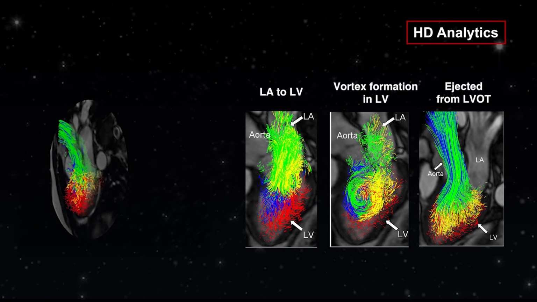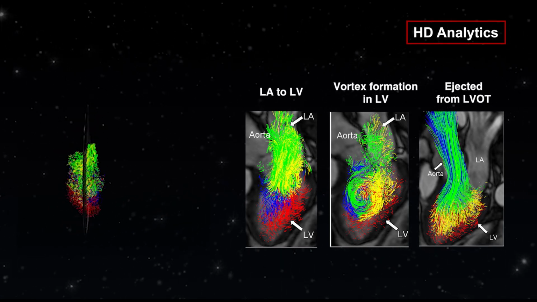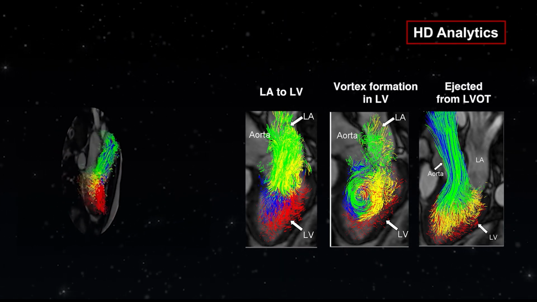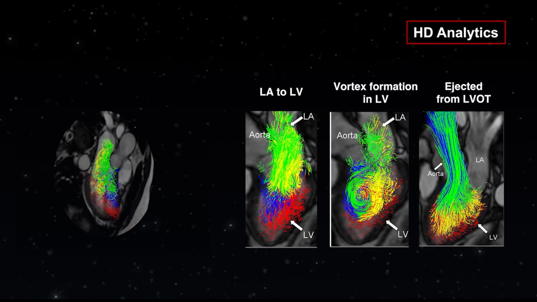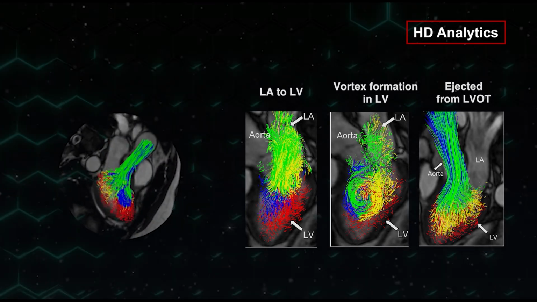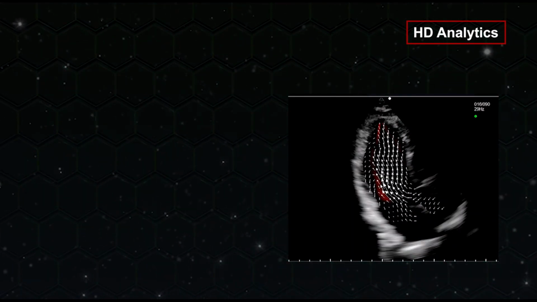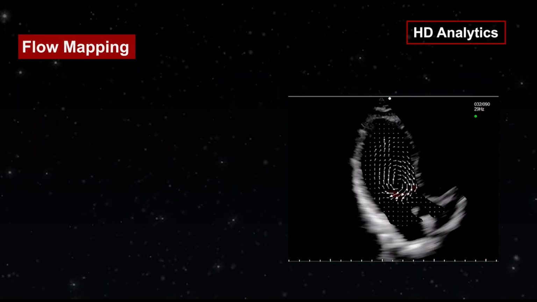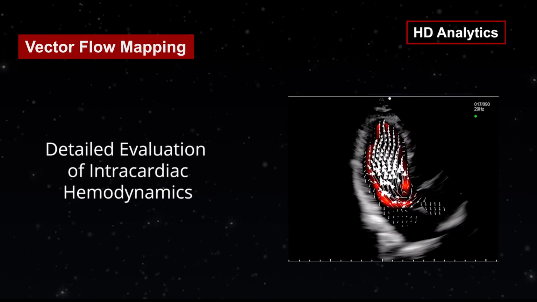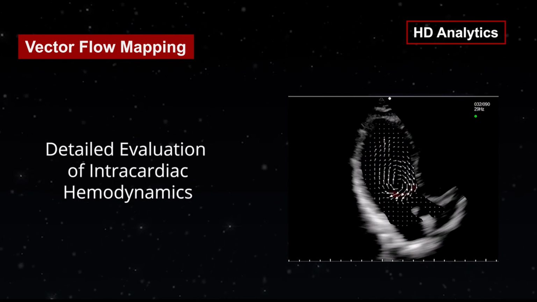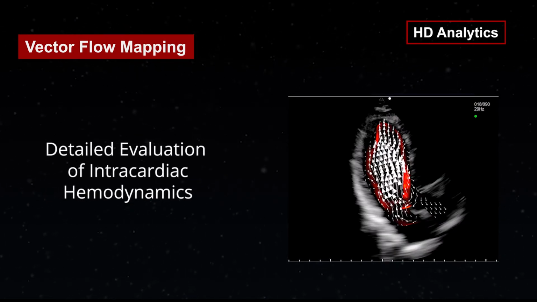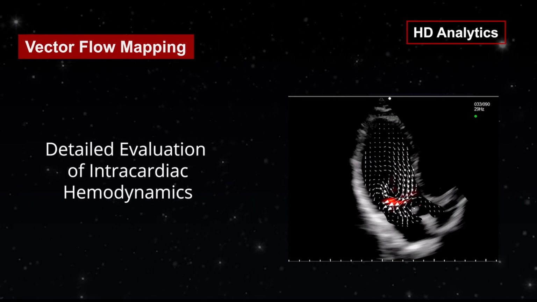In the past, assessment of flow mechanics is only available in cardiac magnetic resonance, which is extremely rare and costly to perform. With continuous innovation, Fujifilm has successfully brought this MRI technology into ultrasound. Vector flow mapping is our proprietary technology, which enables clinicians to examine the intracardiac flow readily in routine echo lab,